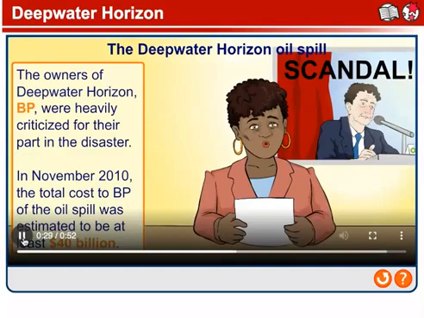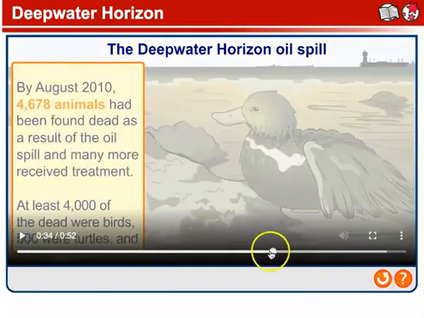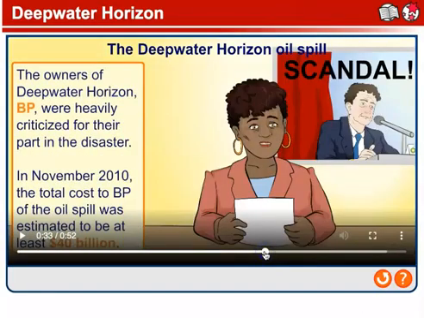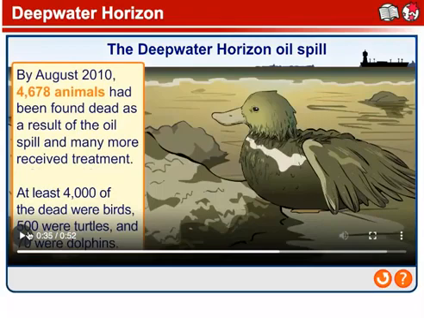The owners of the Deepwater Horizon, BP, were heavily criticized for their part in the disaster. In November 2010, the total cost to BP of the oil spill was estimated to be $40 billion. By August 2010,